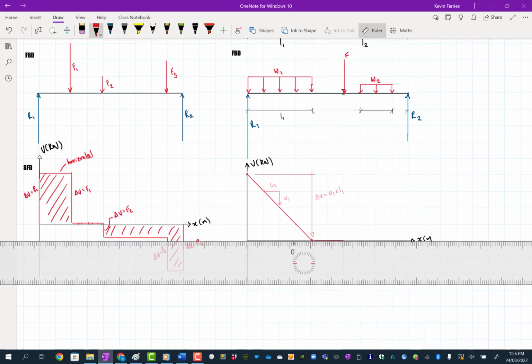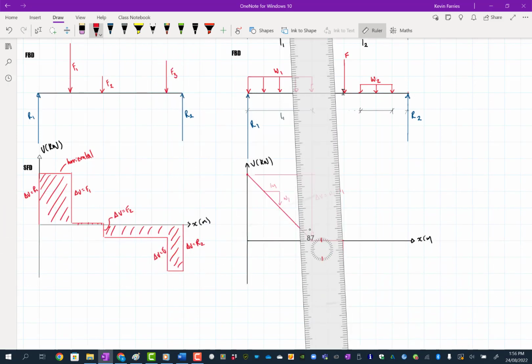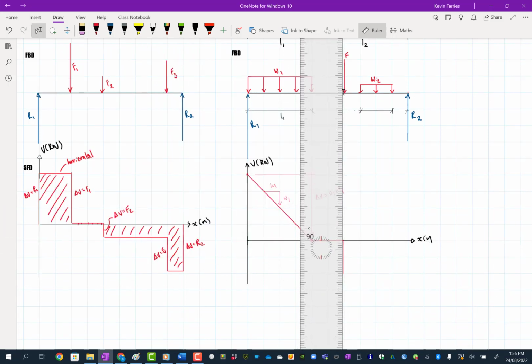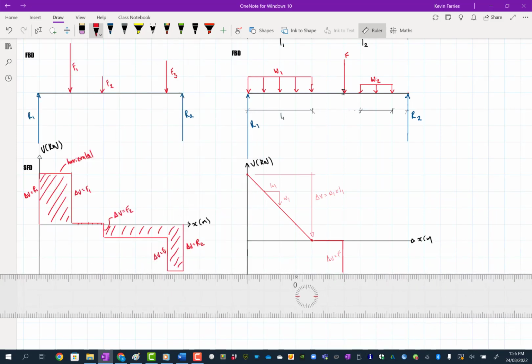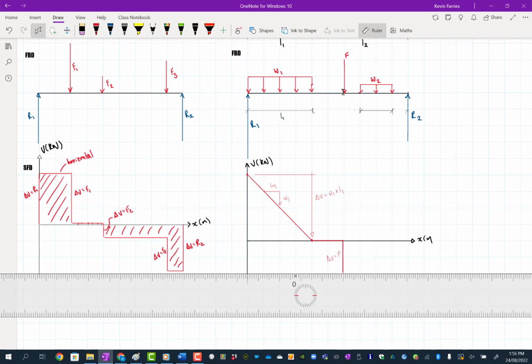Coming along there, then it goes flat because there's nothing there. Then it goes down by F because it's hit a force. How would we annotate that? Well, delta V would just be equal to the force, allowing for its direction. Then between the force and the next line load, it's just going to go flat again. And then in this case,